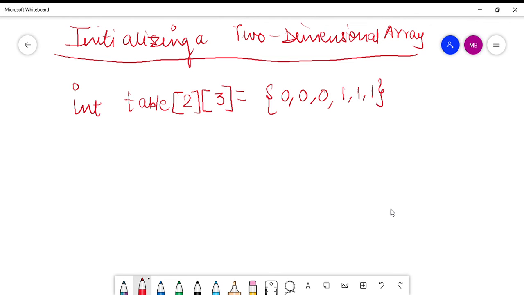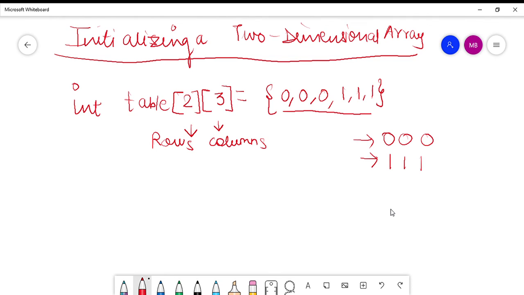Okay, so basically I am talking about 2 rows and 3 columns, right? So these are the values that I have given to this table. What are the 2 rows? These are the 2 rows and these are the 3 columns of this table.